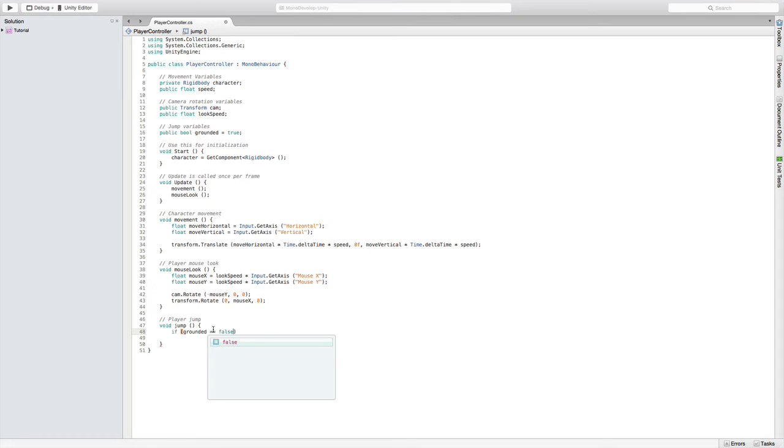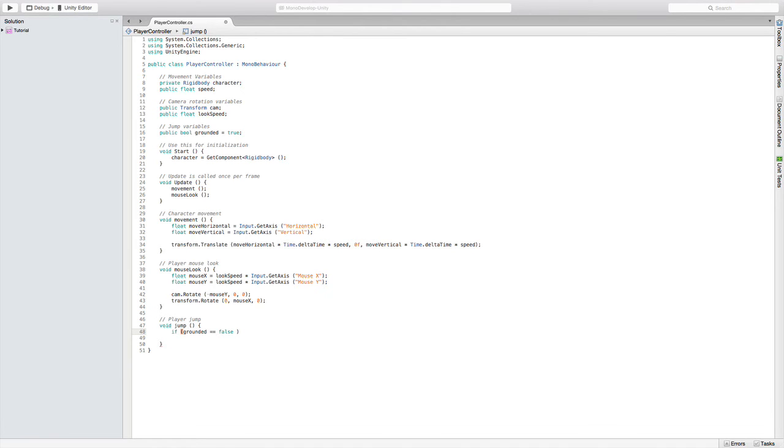Instead of assigning a variable, double equals checks if something is equal to false, or a value. So we're going to check if grounded is equal to false, and we want to see if the